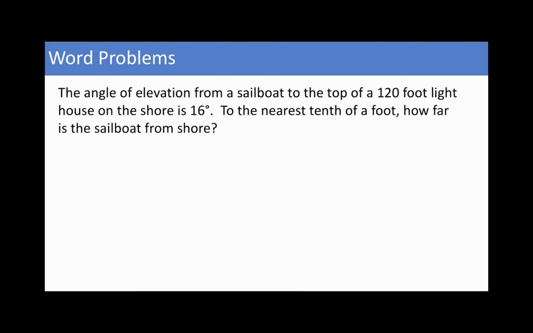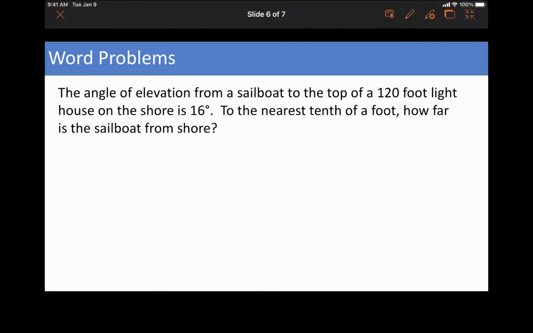All right, next problem. The angle of elevation from a sailboat to the top of a 120-foot lighthouse on the shore is 16 degrees. To the nearest tenth of a foot, how far is the sailboat from the shore? Okay, so I know I have a lighthouse. Okay, I'm going to draw a lighthouse. I don't know what that does look like. Lighthouse, okay. Shore, sailboat,